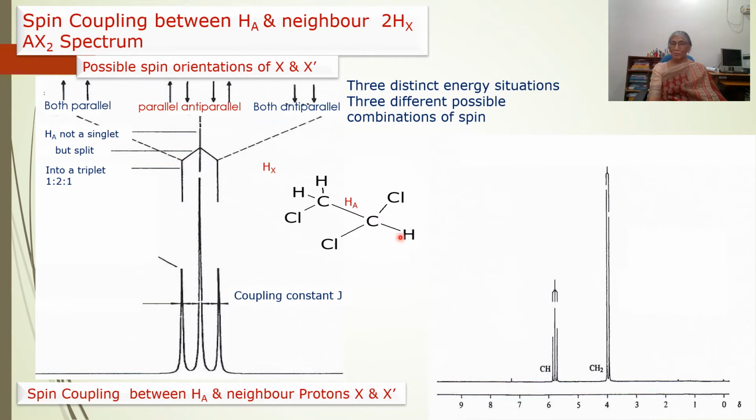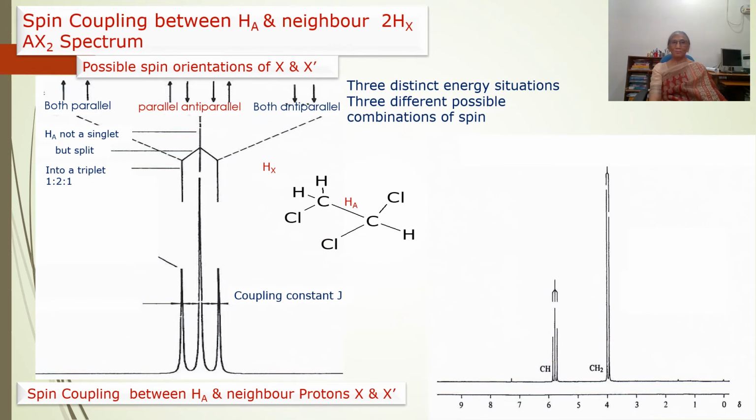Whereas the methine proton will couple with two neighboring methylene protons, and the signal of the methine proton will split up into three peaks with the ratio 1:2:1. In this manner, we can explain the